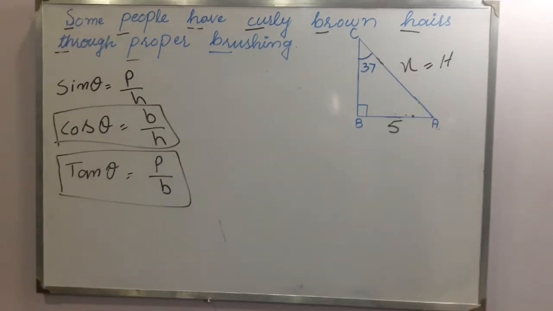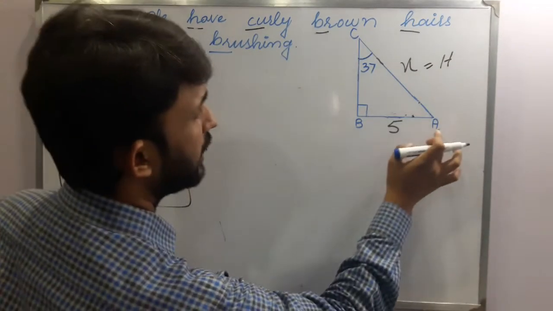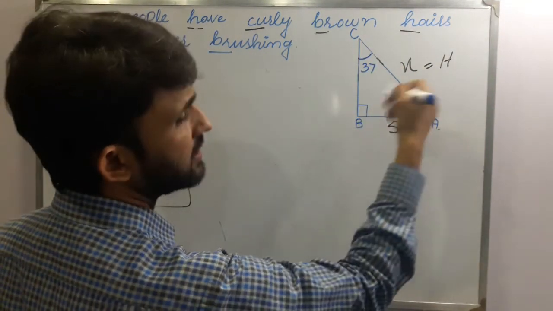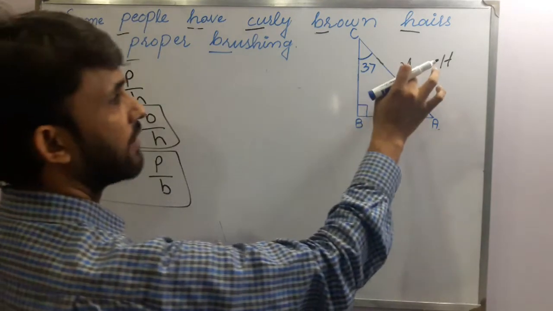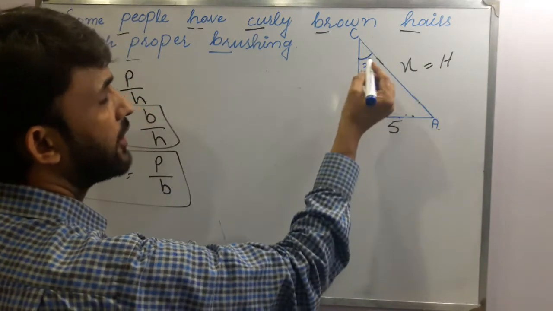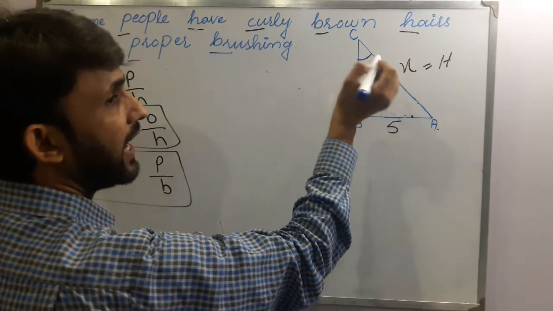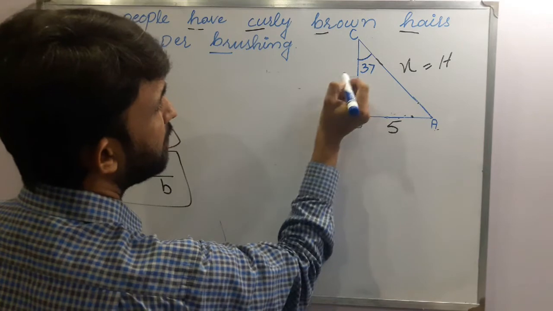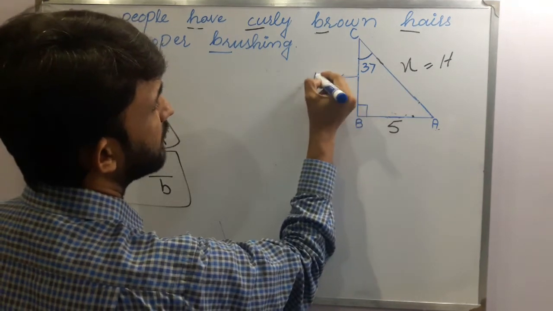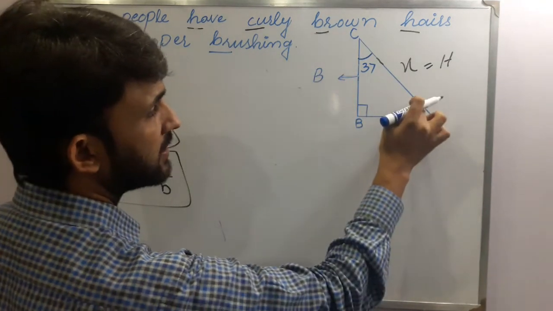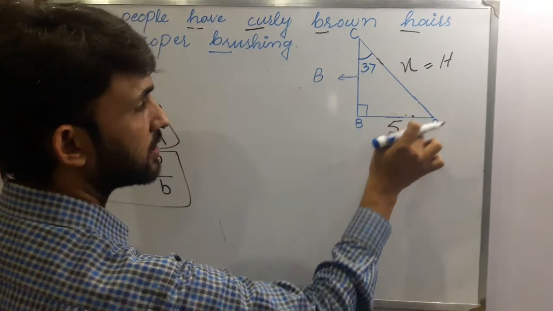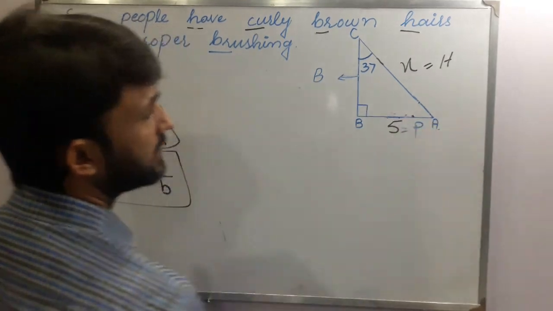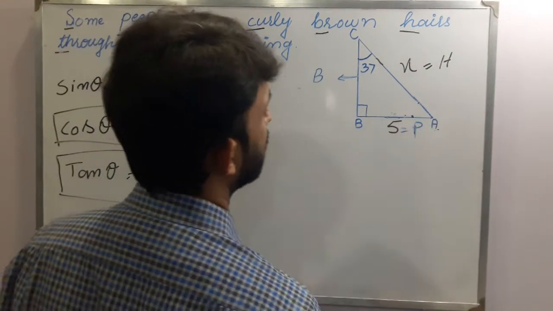Now we have the third case. We have 5, we have the angle here and the hypotenuse. Always, in front of 90 is the hypotenuse. We have to find the hypotenuse. I told you the side where the angle is, is the base. So here will be your base. First the angle was here, so this was base. Now the angle is here, so this is base and this is your perpendicular value.